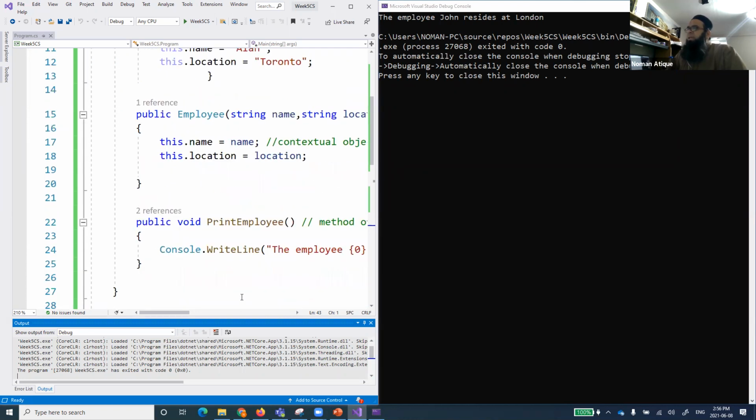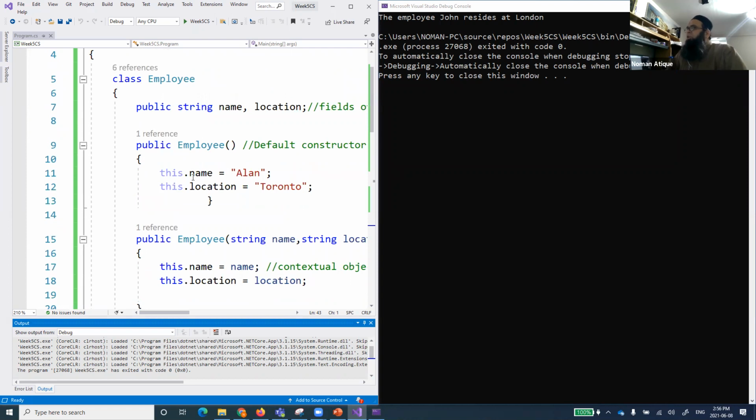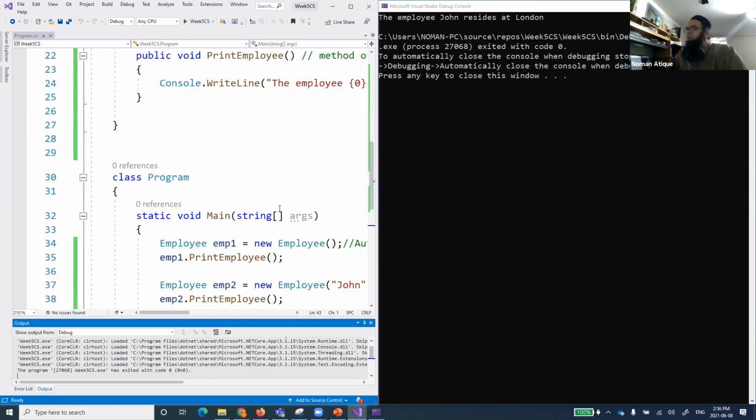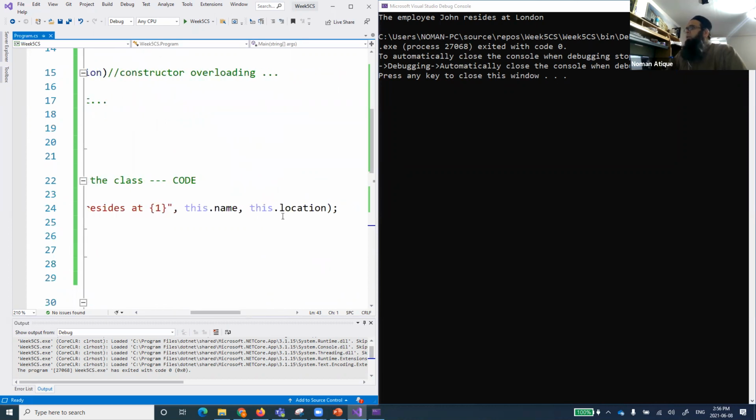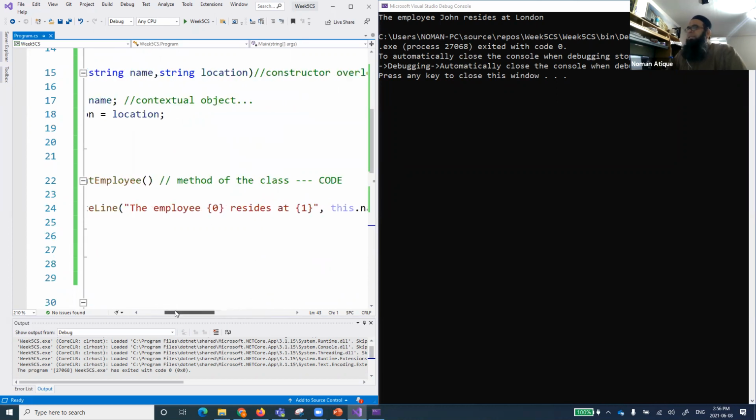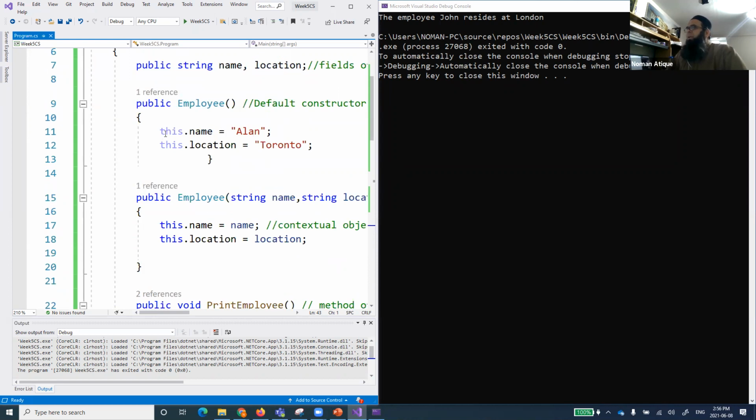When you are making EMP1, EMP1 represents this. So this dot name for EMP1 sets the name equal to Allen and the location equal to Toronto. When you call EMP1 print employee, it goes to this dot name, this dot location. It means that it is asking for its own location and name, and that is set to Allen and Toronto.